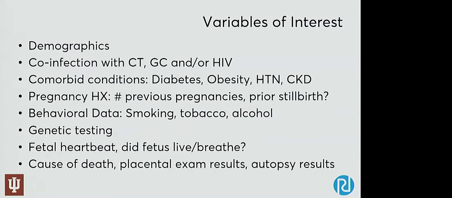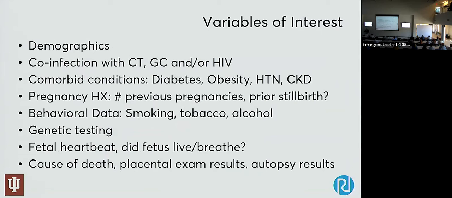What we want to collect are the demographics on each of the mothers, their co-infection with CTGC, which is chlamydia, gonorrhea, and or HIV. So we want to look at those who are particularly positive for STIs versus not. Again, there's a lot of testing that goes on in pregnancy. Most of it is negative, thankfully. Comorbid conditions as well, looking at diabetes and other chronic conditions like kidney disease. We want to look at their history of pregnancies, so get the number of previous pregnancies they have. Do they have a history of stillborn children? Behavioral data looking at smoking, tobacco, alcohol,